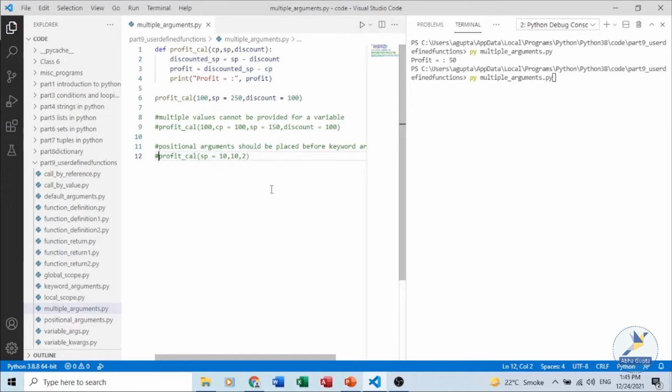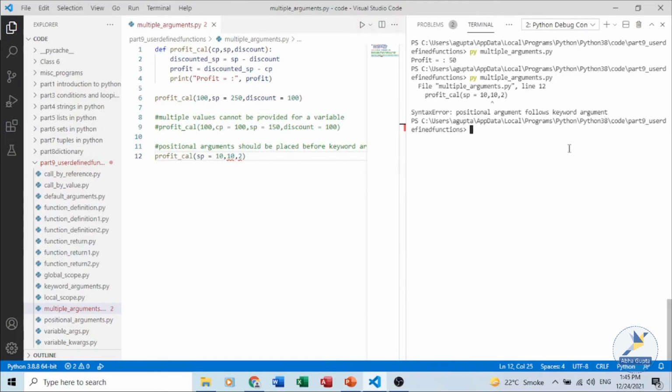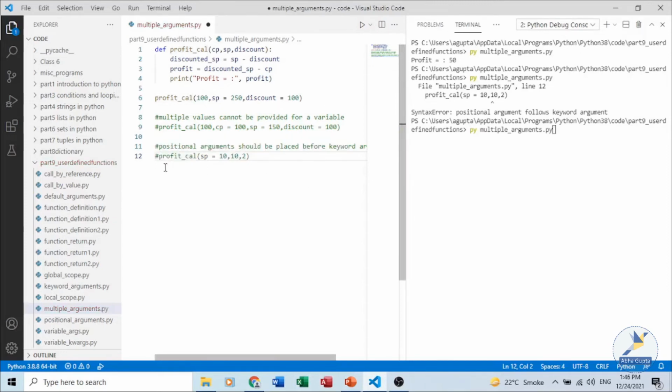In this function call, if I uncomment this, we are placing the default and keyword arguments before the positional arguments, so it will give me an error. It is showing positional argument follows keyword argument. So this rule should be kept in mind while executing the program. Let's comment this line again.